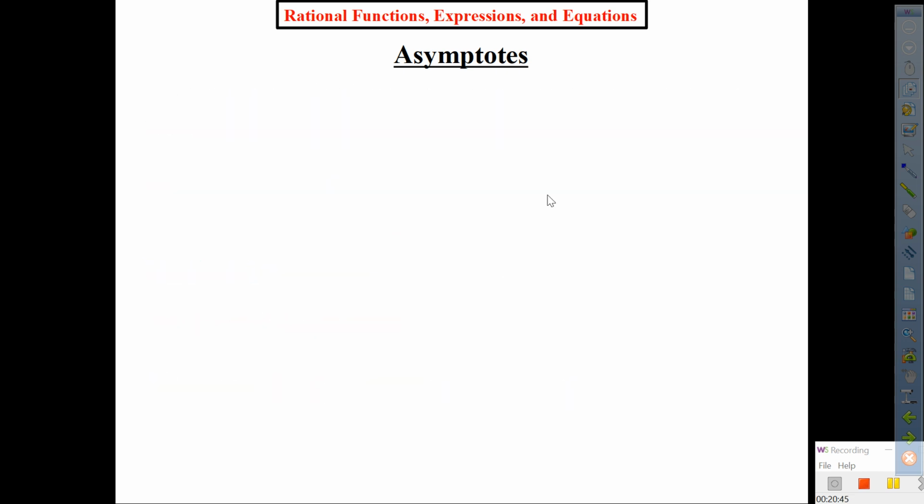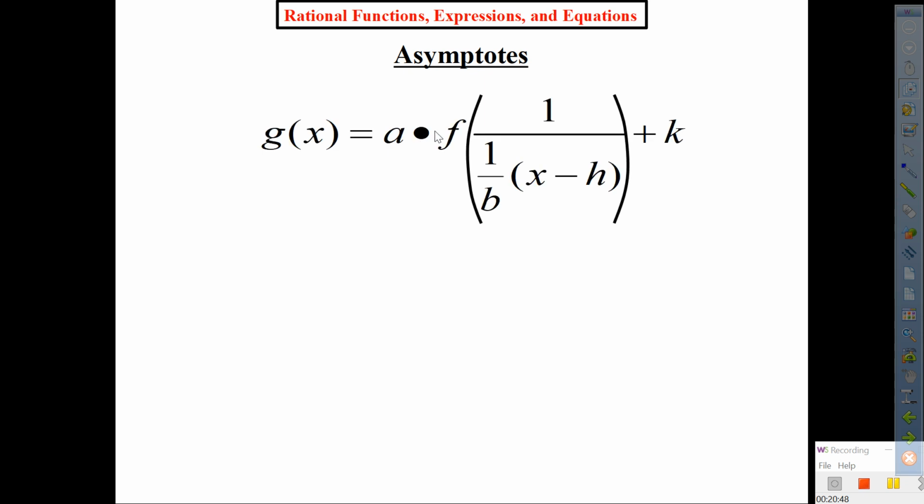General rule. We got g of x equals a times f, parentheses, 1 over b times (x minus h), close parentheses, close big curve, plus k. Copy that. Now, here's our general rule again, but this is for rationals. But we still know what each piece does. A, we know it stretches or compresses vertically. B, stretches or compresses horizontally. H moves our function either left or right. K moves our function up or down. However, for today,